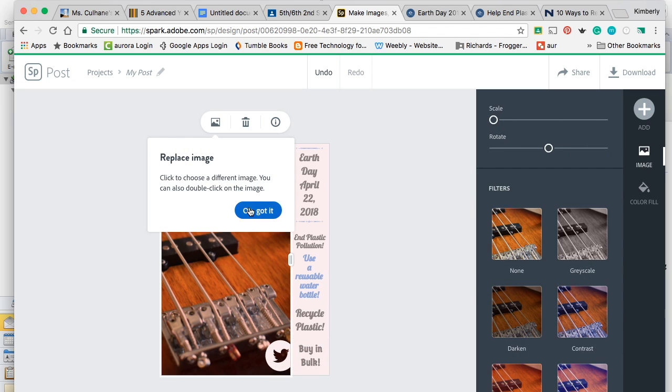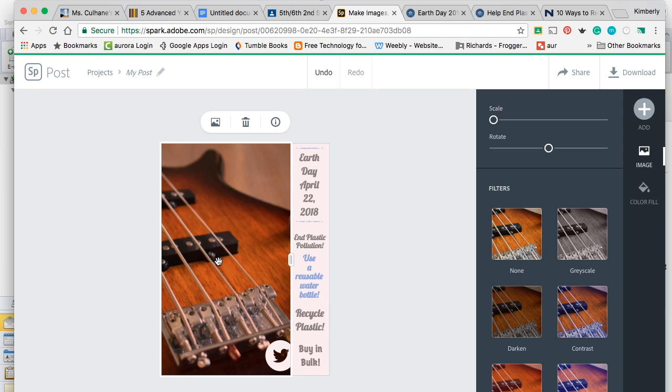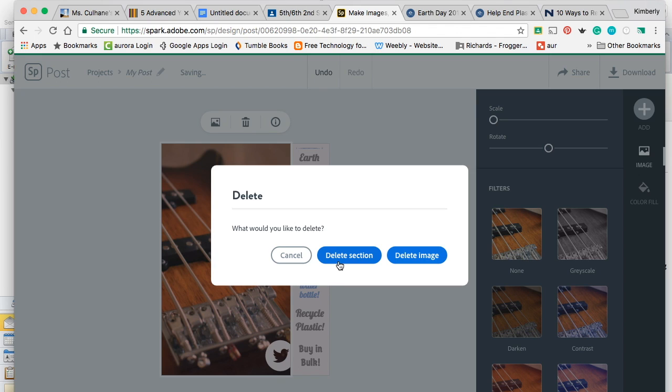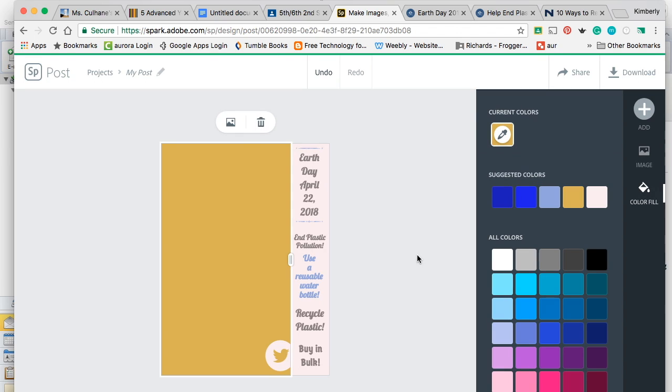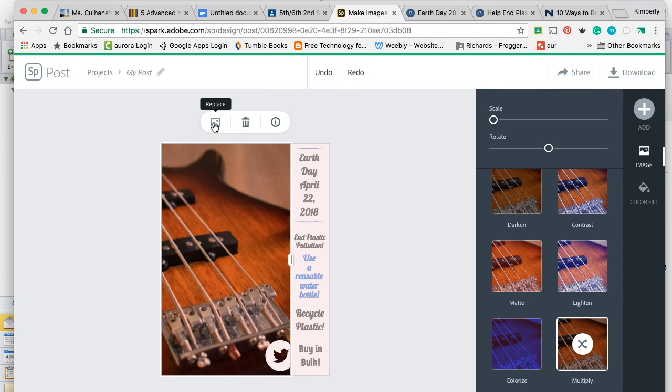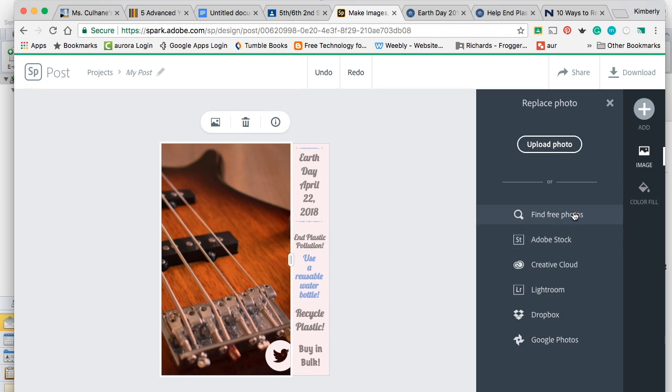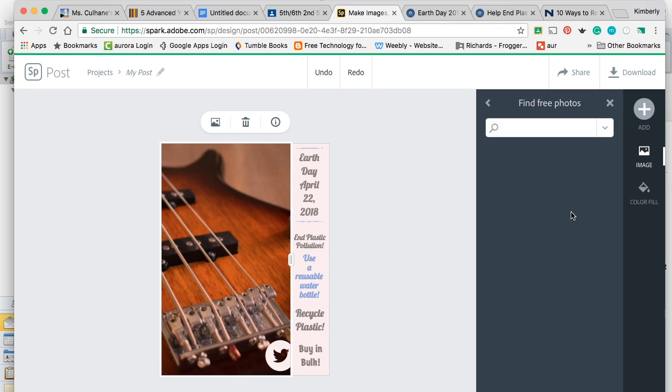Okay, now this picture right here really doesn't fit with Earth Day. Let me go undo. We'll hit replace the image. So we'll go find free photos. And we'll say, we could say Earth Day or plastic or